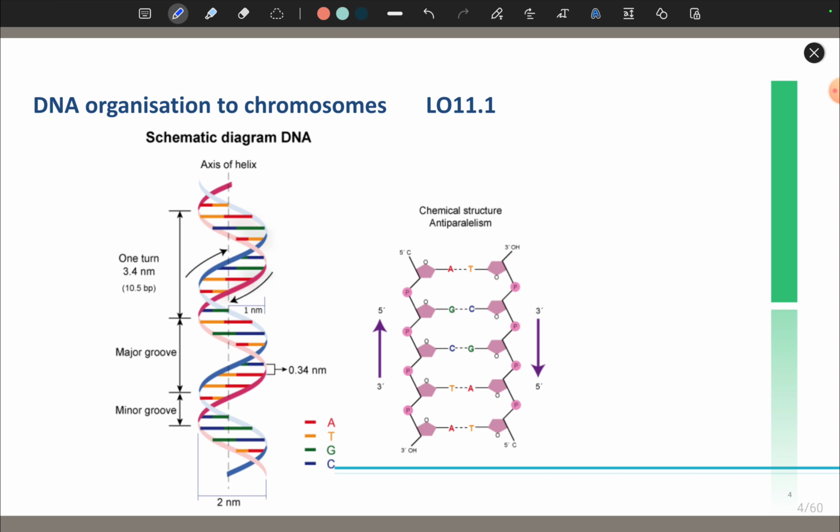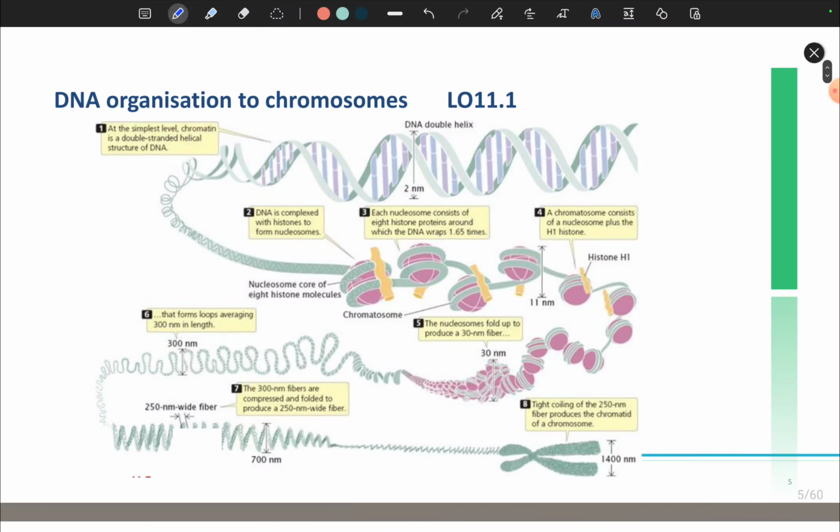For example, here we have major groove, minor groove. I am sure that Dr. Hajin has covered these topics in the topic of the DNA. So we are not going to repeat that,